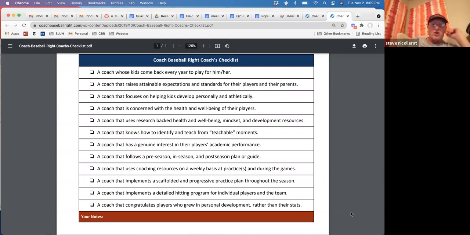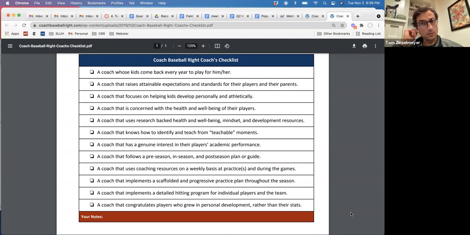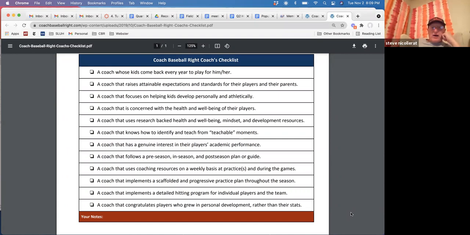A coach is concerned with the health and well-being of the players. So we're talking about nutrition and making sure the coach is aware of little things, maybe diet on a road trip. And Steve, I'm sorry to interrupt, I would also say mental health as well. You and I have spoken about that in the past. We've worked with some psychologists to develop some guides. Mental health, as well as diet and overall health, is certainly something we are trying to help organizations with.